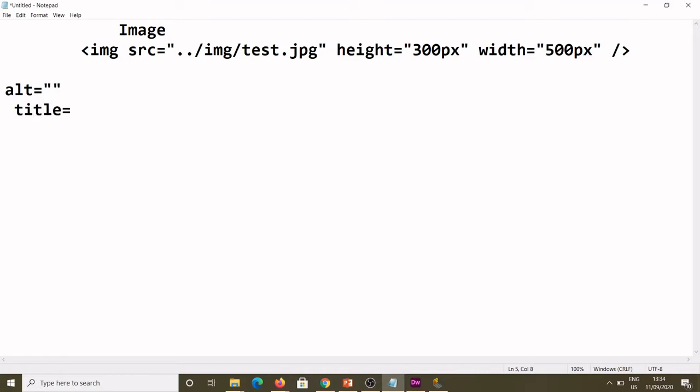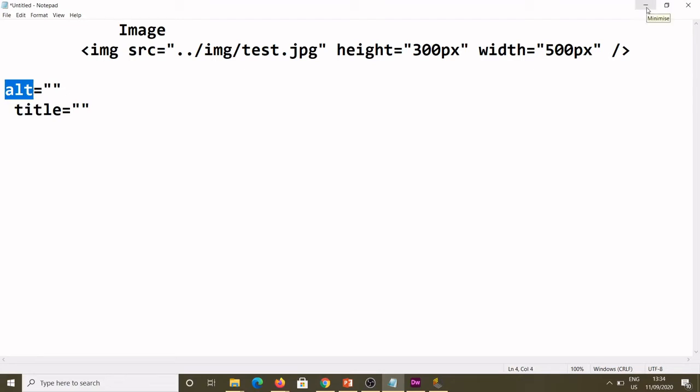If the image is not showing, then with the help of alt we can display the contents. Title is the title of the image. I'll show these in a program so you get a better idea. So you got five attributes: src, height, width, alt, and title. Got it? But I will show the alt and title in the demo.